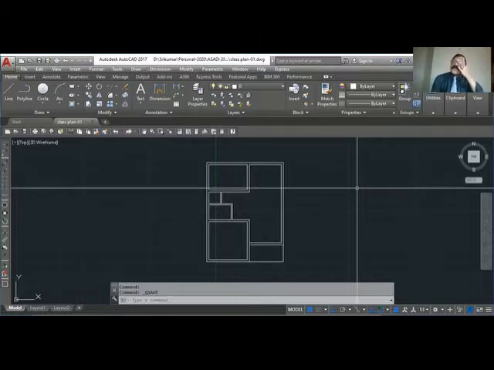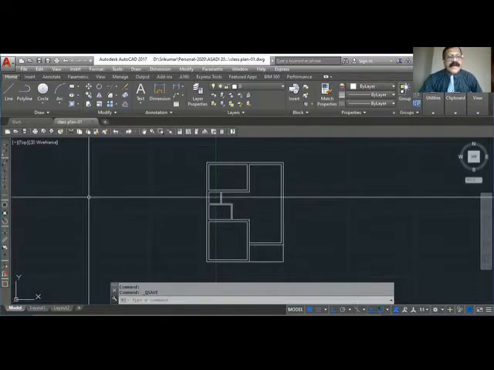And every layer you will give a different color. So it is easy to identify which color is used in which layer. So it is easy to use. So we are going to learn about layers. Layer is nothing but different sheets where you give different colors.